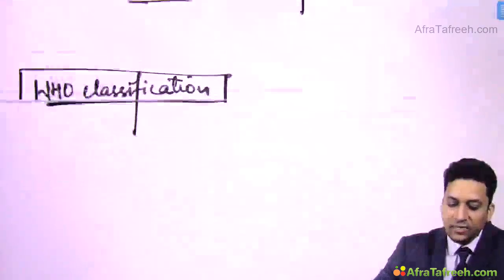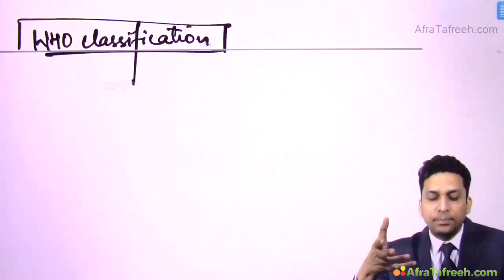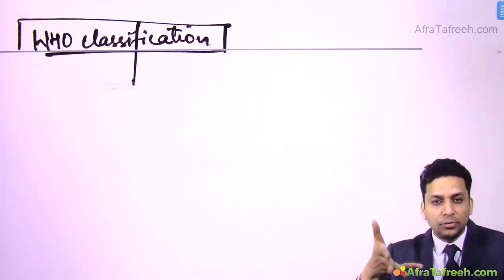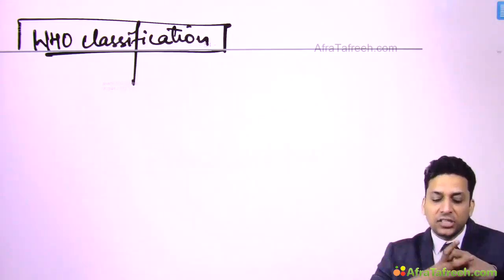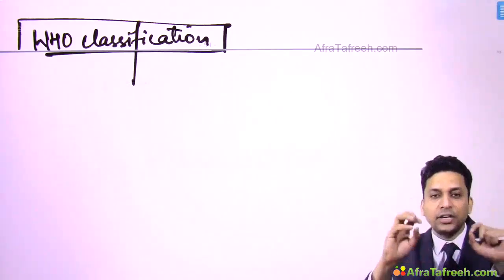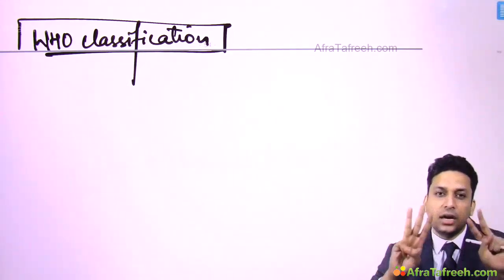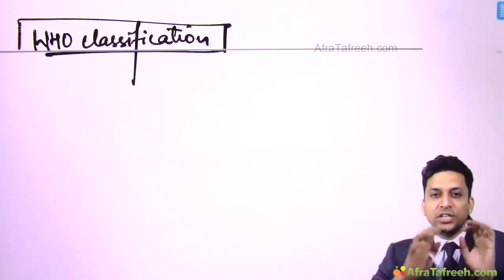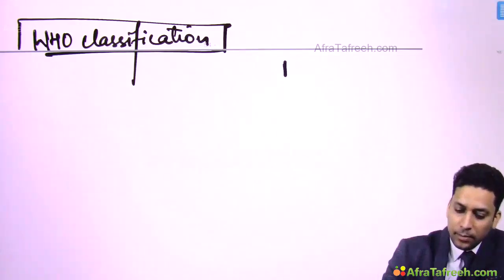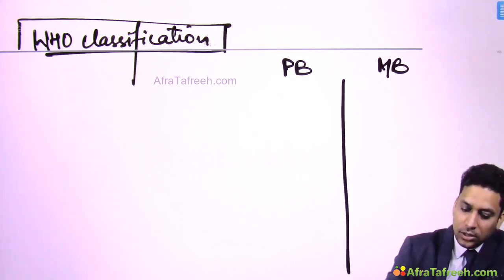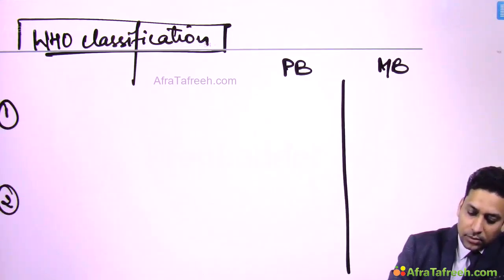Now there are so many classifications of leprosy. You might have read in PSM: Madrid classification, Indian classification, Ridley-Joplin classification, WHO classification. So there is a lot of dilemma in the mind of the treating physician about which classification to follow. So that's why WHO gave a very simple classification, and according to this classification you just need to remember 3 cardinal features, and based on these you can very easily diagnose leprosy into 2 types, that is PB and MB.